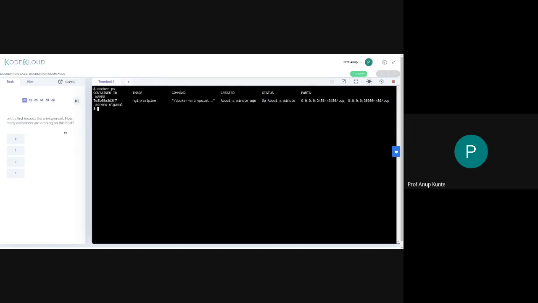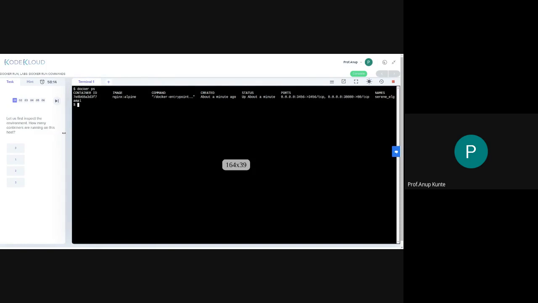Since we have small space, it is showing in 2 lines. Okay, so there is one container currently running with container ID this. The image name is nginx. After the colon, whatever is written is a tag that is associated with the image name, that you can consider as if it's a version of the original image.